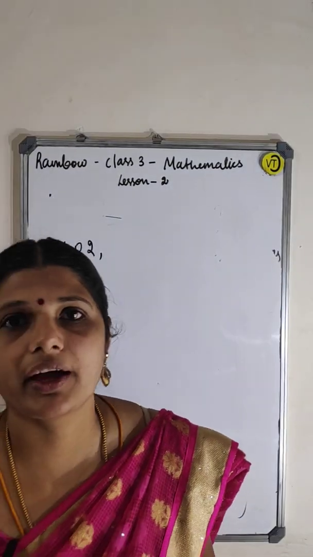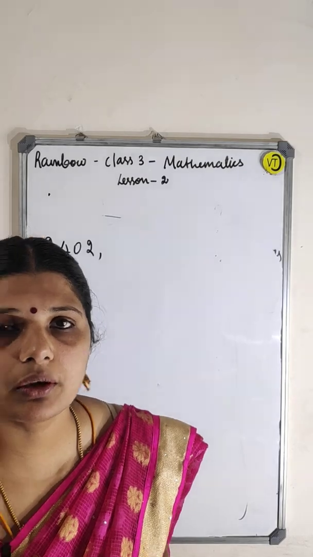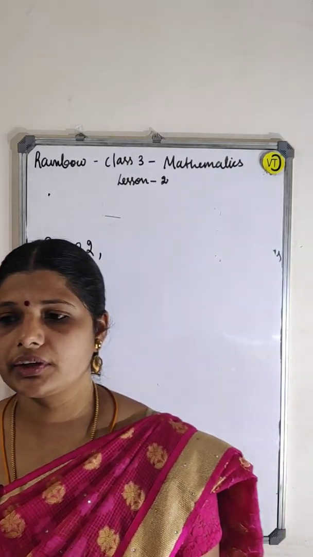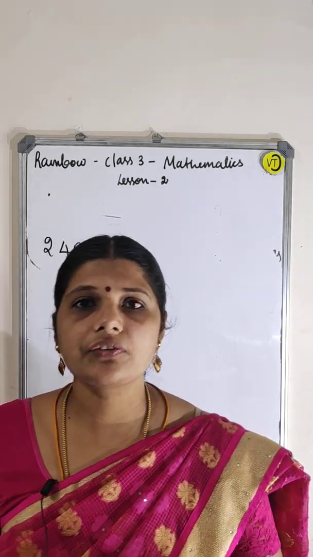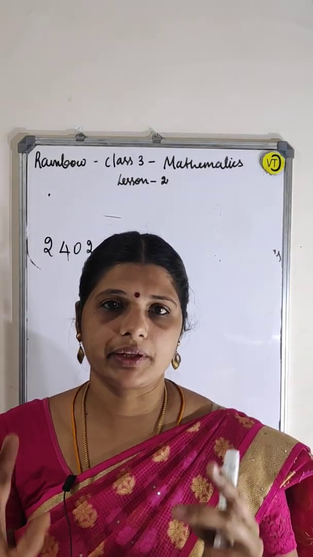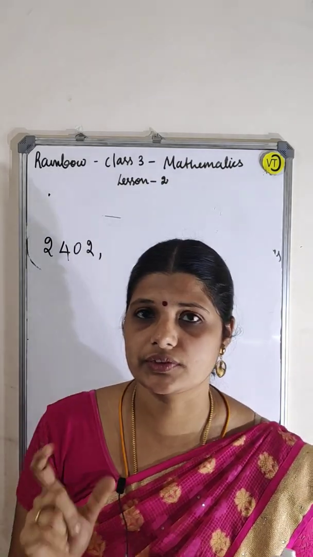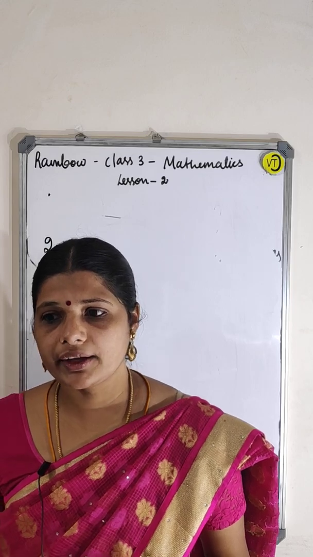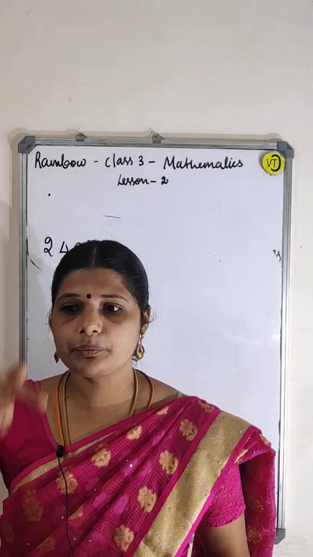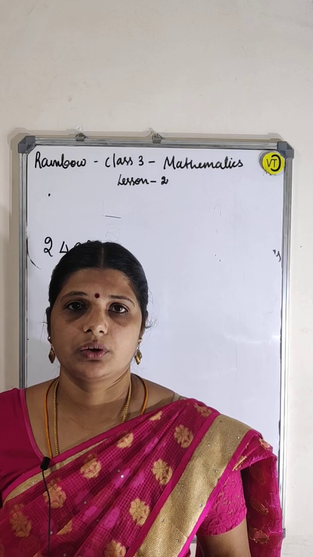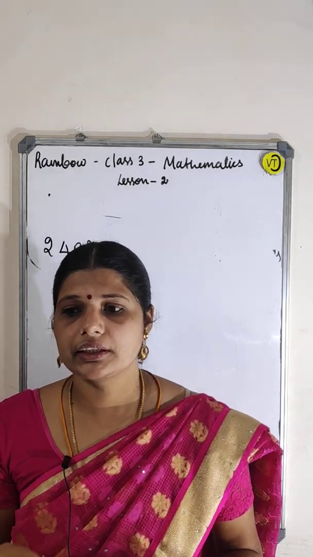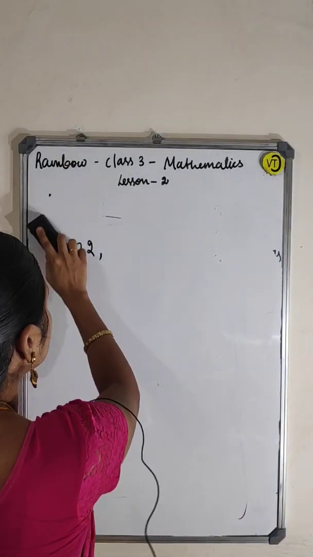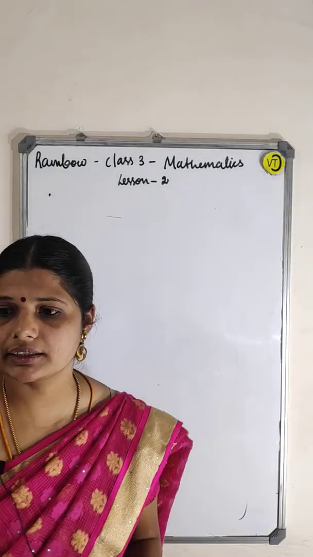Next thing is place value and face value. Already I told you about the place value and face value, guys. You listen to me again. The face value of a digit is the value of the digit itself. Place value means what? Place value of a digit in a number depends on the position of the digit in the place value chart. You know the chart already. I told you. You know the chart is ones, tens, hundreds, thousands.